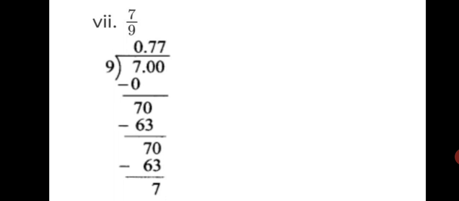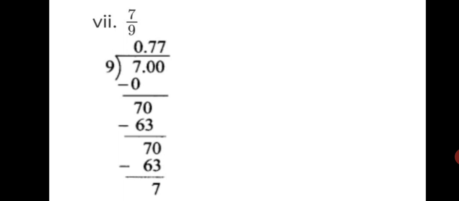Last, 7th sum, 7 upon 9. So we will divide 7 by 9, we cannot. So take a 0 first, 9 zeros are 0. 7 comes down. Now we can take a point after 7 to add zeros. Since a point has come, in the quotient on top also after 0 put a point. Now 70 is what we got after taking a 0 down. So 9 7s are 63 is the closest.